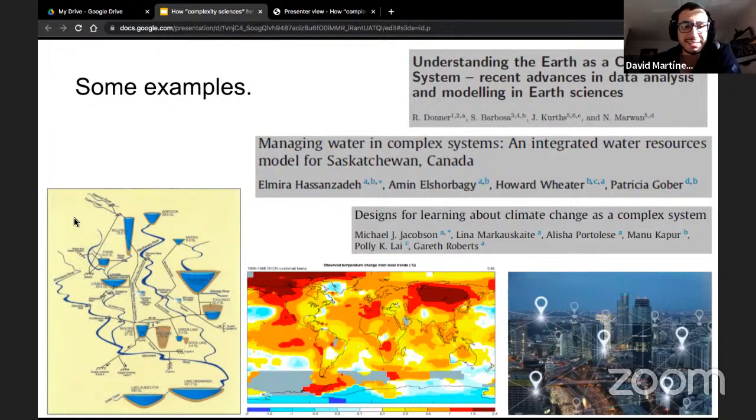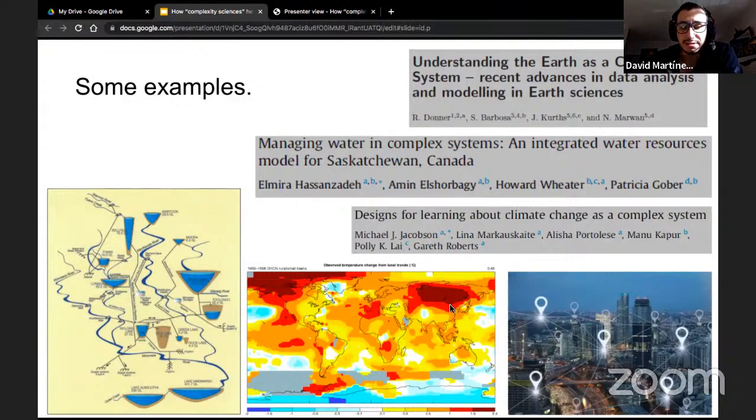So now scientists are looking at these networks to be able to predict how the water will behave. Maybe some lakes will dry, but the water will go to other places. So if we understand these water networks, maybe we can predict how the water will behave and how we can exploit it in a responsible way.